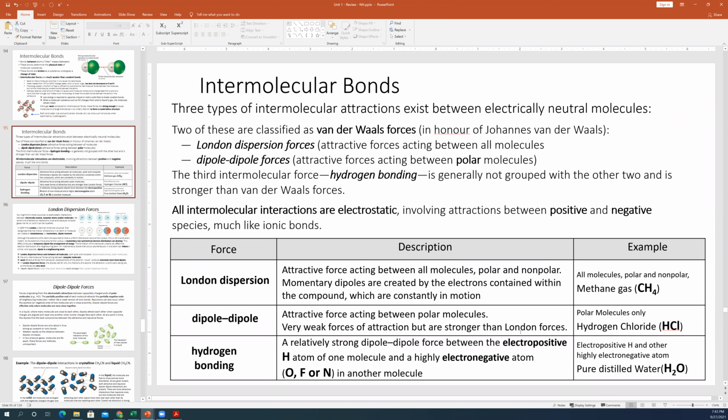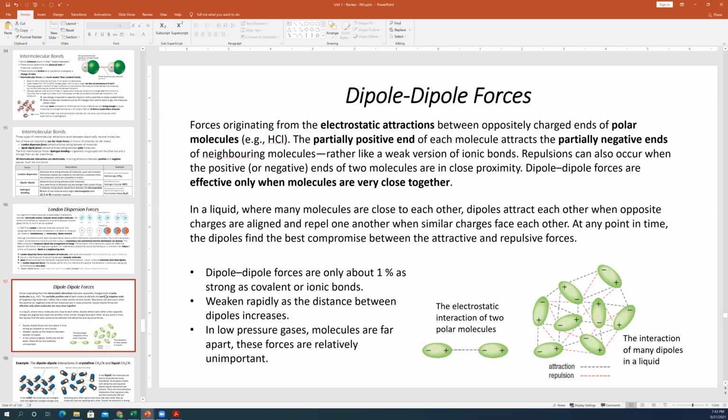But if you have a polar molecule, you have, of course, London dispersion forces, but in addition to that, in a polar molecule, you will also have dipole-dipole forces. These are attractive forces, and they're stronger than London forces. Dipole-dipole forces are electrostatic interactions between ends of the molecules that have opposite charges. So if there is a partially positive end, it will attract a partially negative end of a neighboring molecule